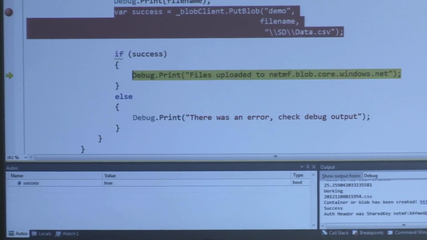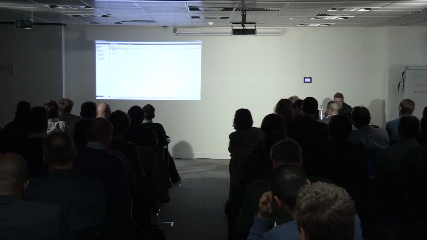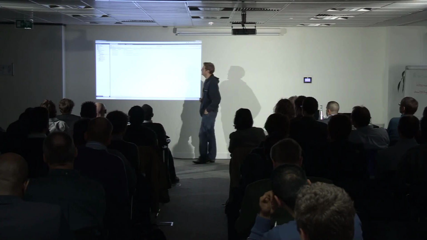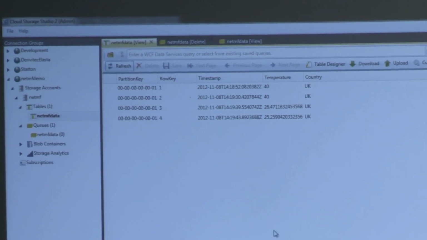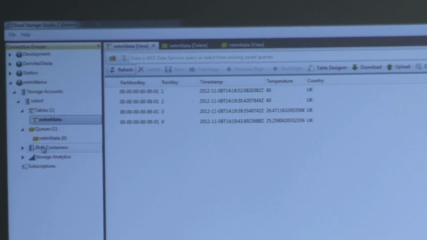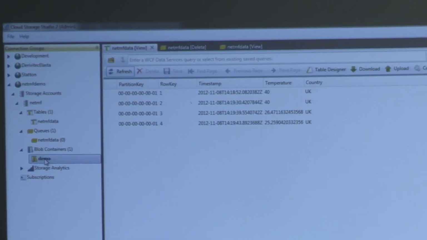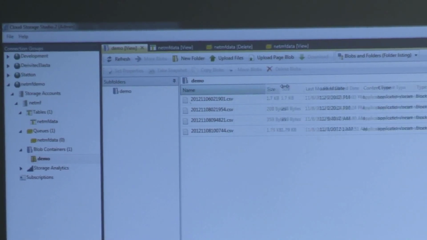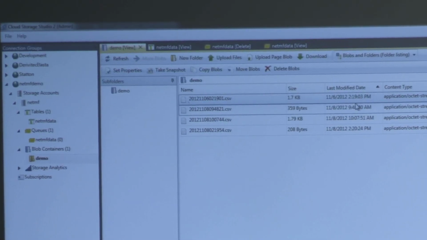If a success, then say I've uploaded stuff, and if again we go back to Cerebrata, we can go into a blob container. Oh, there we go. This is all very high tech. Yeah, blob container. And we can see a demo container that I created. And we see we have got a bunch of stuff, which is now. And if that's really the time, I've got to carry on going.